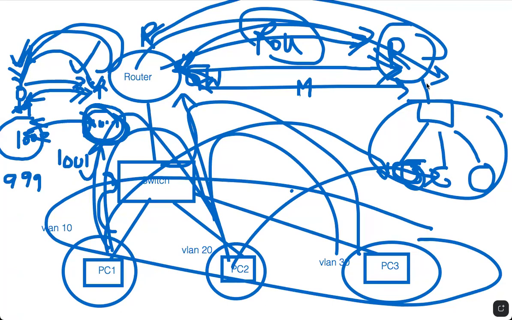Okay. All right, now let's talk about one of the dynamic routing protocols, RIP. RIP is a routing information protocol. So RIP will work on the number of hops in the information. So basically, let's say this router